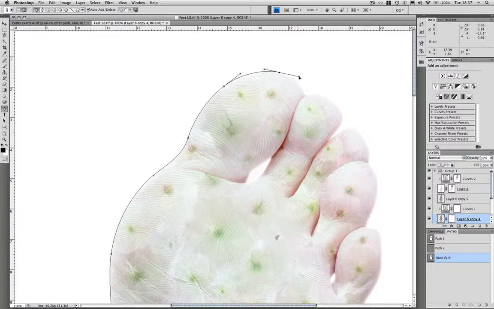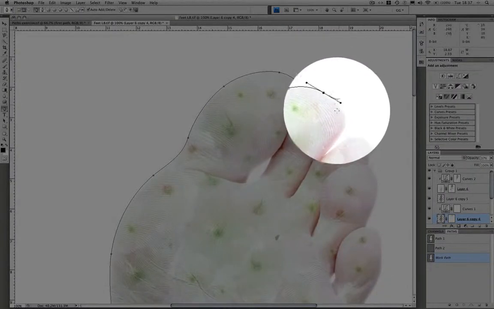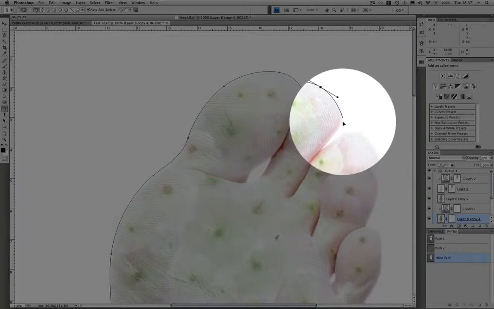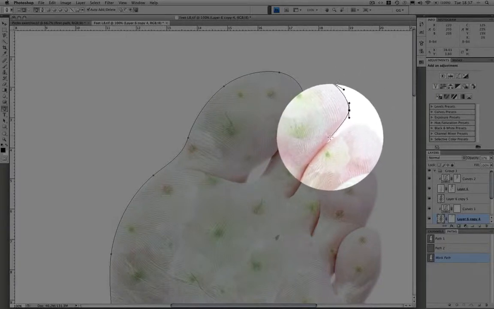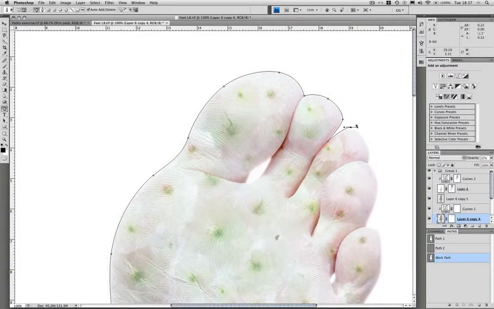I can hold down the Command key and pull out the handle to get a better fit for my segment here. Click in the corner there. On top of the toe, I'm just going to find roughly the middle, click, drag, and you see the handle there cutting across. Click, drag, release, and that's a very short segment because I want to steeply go around the corner. Click in the corner there, click, drag, and a short one, click, drag, and a slightly longer one, click,